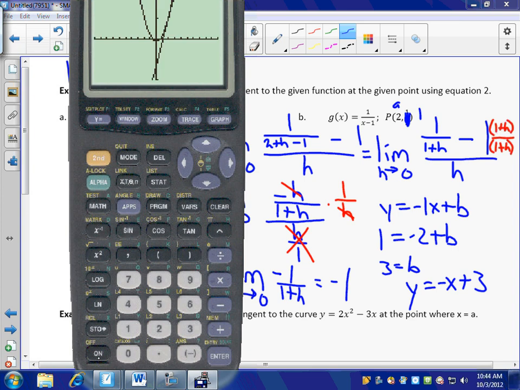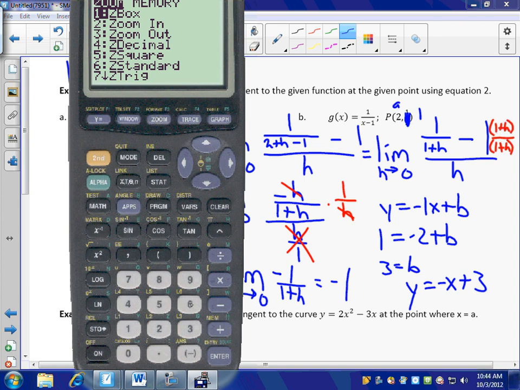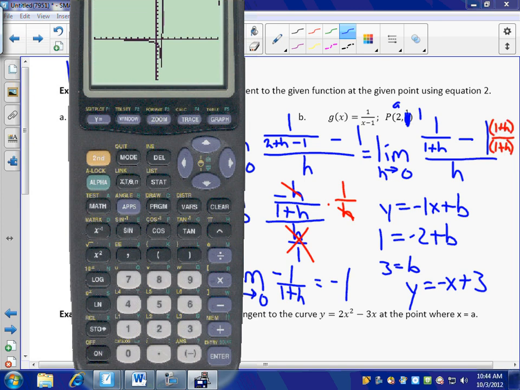So we type it in. We go 1 over parentheses. Be sure to use your parentheses when you're using rational expressions. X minus 1 parentheses. And then I'm also going to have my line, which is negative x plus 3. Delete, delete. And I'm going to zoom in standard mode. So I'm going to zoom 6. And as we see our graph pop up,